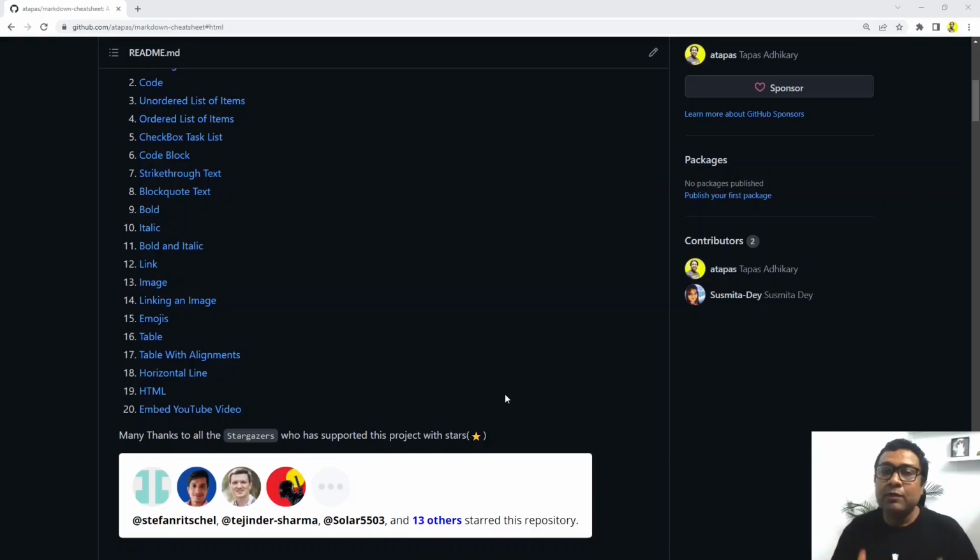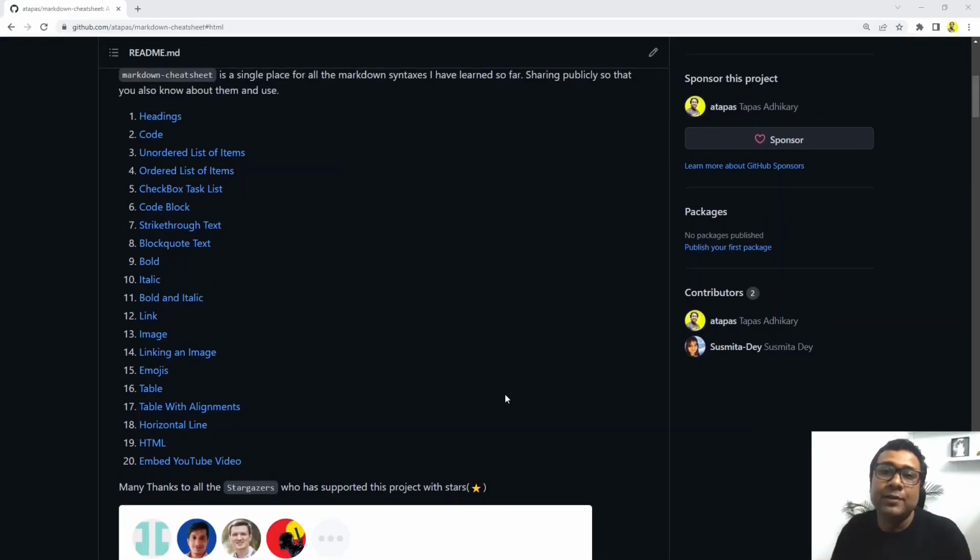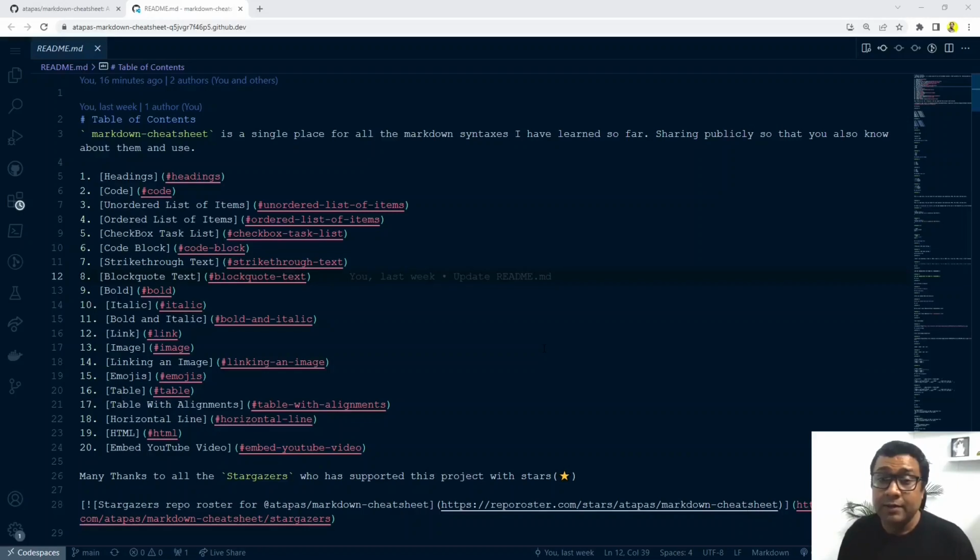Alright, so today we have learned a lot of stuff. The last thing that I'm going to show you is that this entire Markdown doc that we're seeing in GitHub, I'm going to take it and put it into VS Code, to show how VS Code also supports rendering the Markdown as you code. Let's see that. Alright, so I have opened the same Markdown file that I saw on GitHub with VS